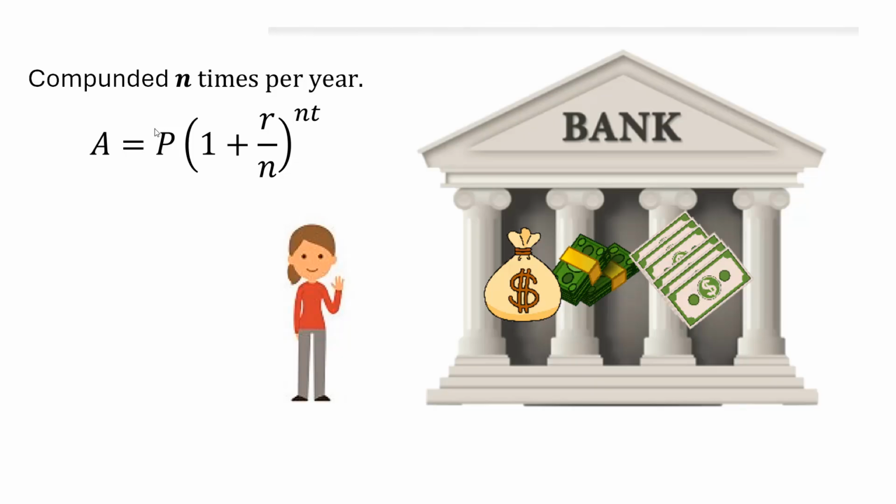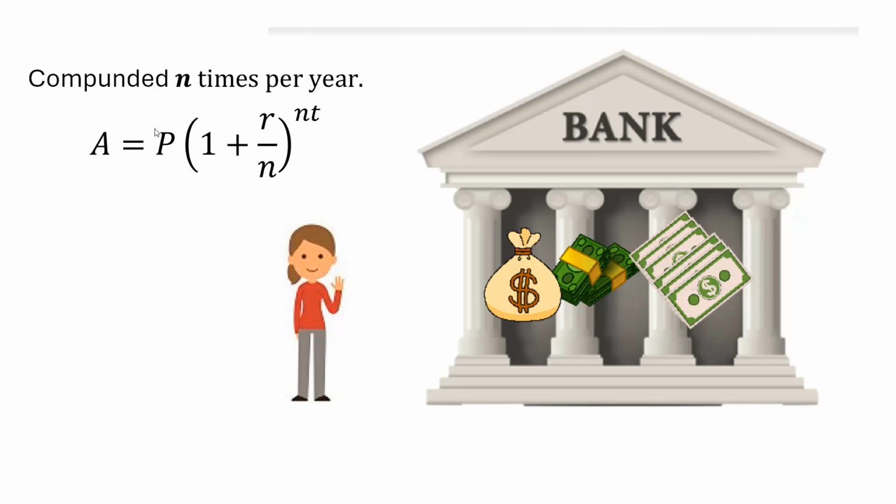And then it will be raised to the nt power. So 4 is getting compounded 4 times now. And then multiplying it by how many years you leave it in. So the point is that many banks all over the world all have different amounts of time that they